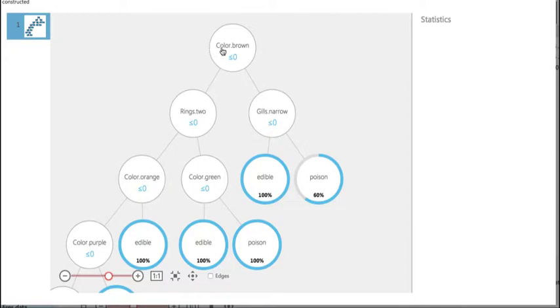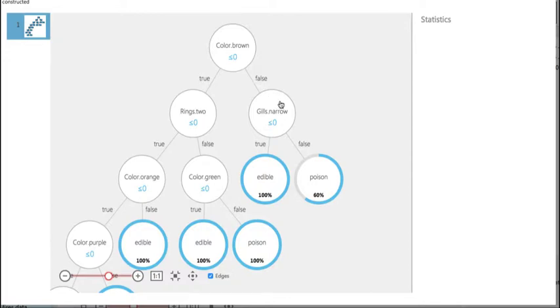So when you see color.brown, this was a variable manufactured by Azure from the categorical color attribute, and if it is brown, then this attribute is set to 1. Now you'll notice that underneath here you have less than or equal to 0. Basically this is saying, color brown, if it's 1, then we're going to go down this side of the tree. By clicking on edges here, we can see the true and false. So if color.brown is 0 or less, then it's not brown, and it's going to go down this side of the tree, and then it will test to see if there are 2 rings on this particular mushroom. If it's not less than or equal to 0, that means color.brown equals 1, and so we go down this side,